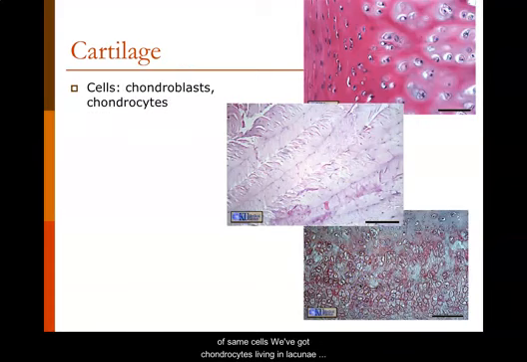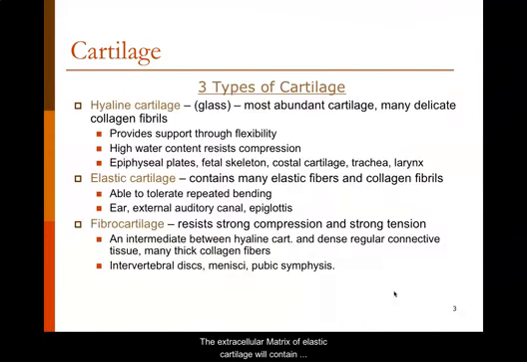Same cells, we've got chondrocytes living in lacunae. You can see all the spots of the chondrocytes and the little lacuna surrounding each one. The extracellular matrix of elastic cartilage will contain collagen fibrils, just like our hyaline cartilage did, and elastic fibers. So the two fibers are going to combine to allow elastic cartilage to be supportive, but flexible,